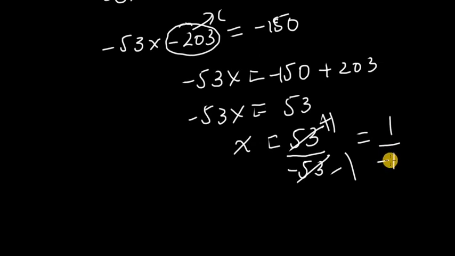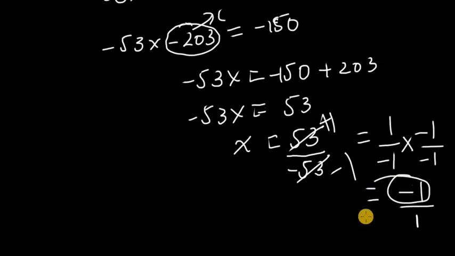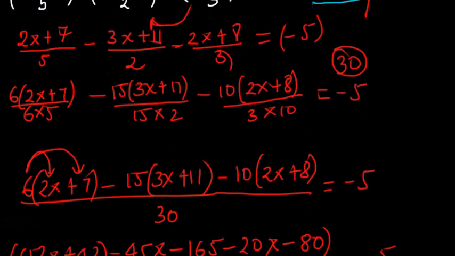So always, what is the rational number rule? The minus sign should not be in the denominator. So we multiply by minus 1 by minus 1 so that we get minus 1 by 1. Always the minus should not be in the denominator; it should be converted to the numerator. So we multiply by minus 1 by minus 1, so the denominator becomes a plus sign and the numerator gets the minus instead. Okay, so this is a rule. So x equals minus 1. This is the answer for this equation.